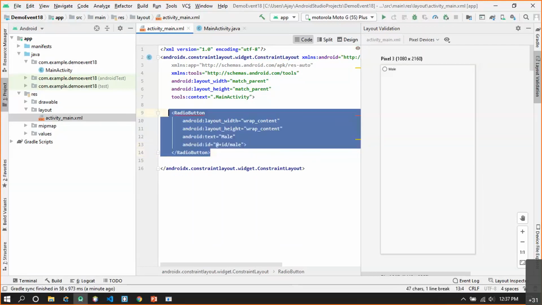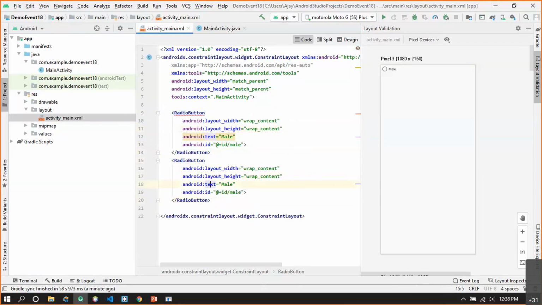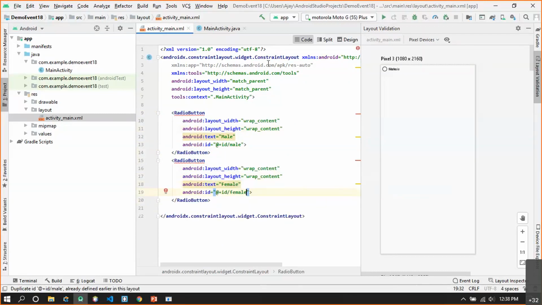We'll add one more radio button here. Let's call this text female, and the ID I'll give as female. Once you add the radio button, you can see here, since I haven't constrained this layout, it's showing an error.